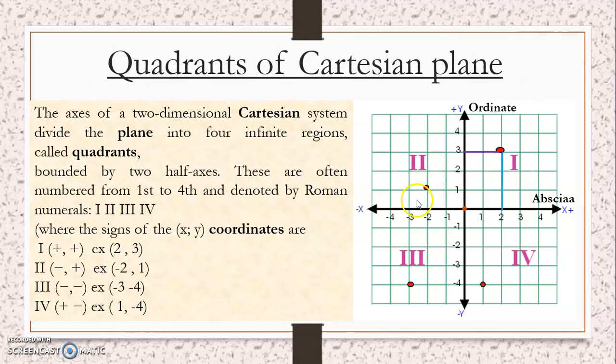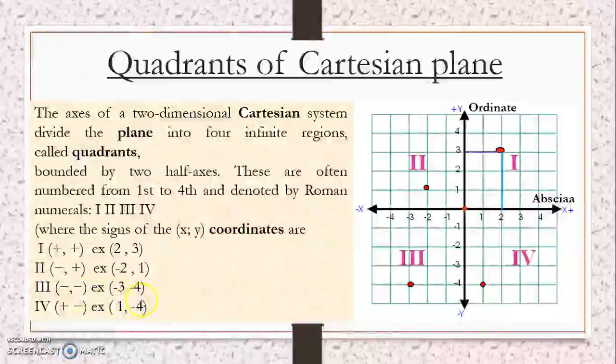Correct? Then the point is minus 3, minus 4. This one is minus 3, that is x or abscissa. So you have to travel 3 from this 0 towards minus of x, so it will come here at minus 3, and minus 4 you have to travel from the ordinate in the minus direction, so it would be minus 4 over here. Here you will get the point of joining of these 2 points. So this is the third quadrant. So minus 3 and minus 4 will lie in the third quadrant.